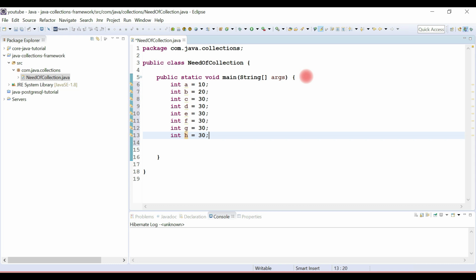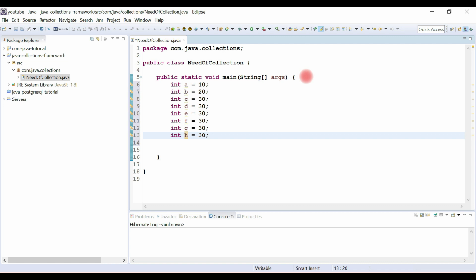Alright, and yeah, to overcome this problem, we have a concept in Java called arrays. An array is a data structure which can hold homogeneous data elements. It means we can store similar type of data elements.